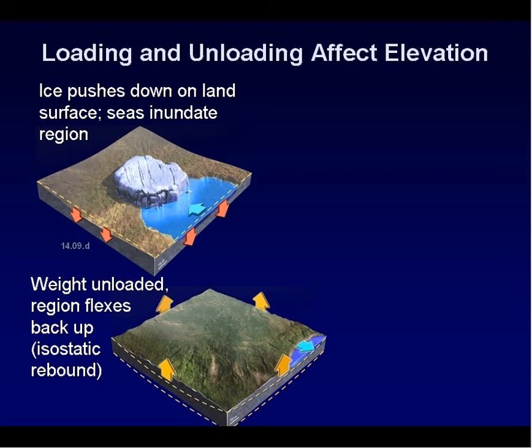So after the maximum of an ice age and everything melts away, then all that weight on the crust is released and it slowly unloads, it slowly flexes back up, so it's isostatically rebounding to get to an equilibrium position. And this particular process of unloading and rebounding is still happening today, as a consequence of the last ice age. And there are various parts of the world where this can be monitored, active